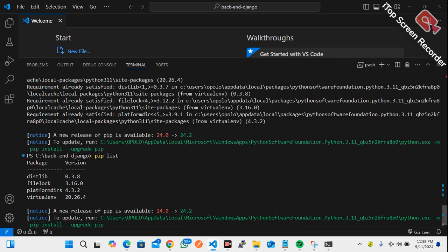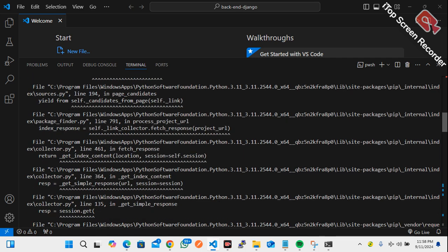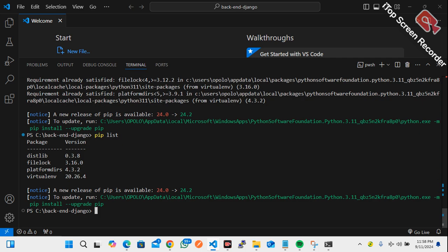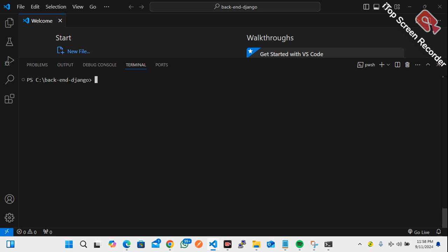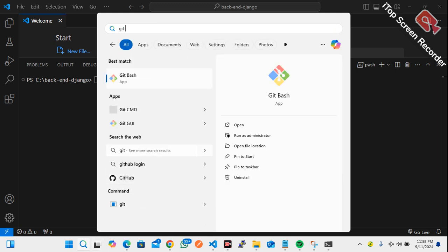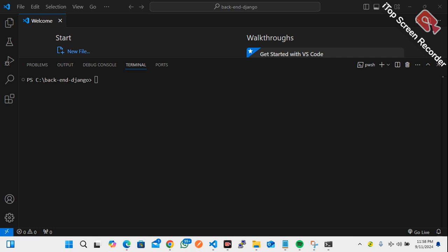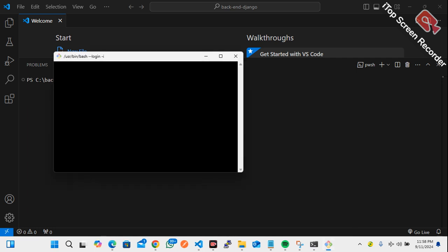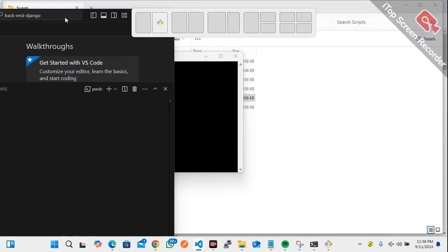So let me quickly clear my terminal. So clear your terminal. Now, if I want to do this in Git Bash, sometimes I prefer using Git Bash to do all these things. It will be easier for me to be able to control my